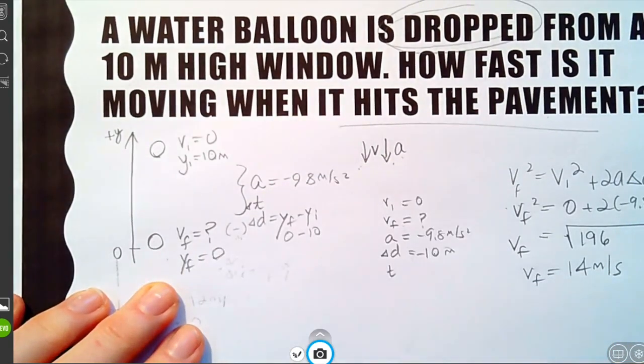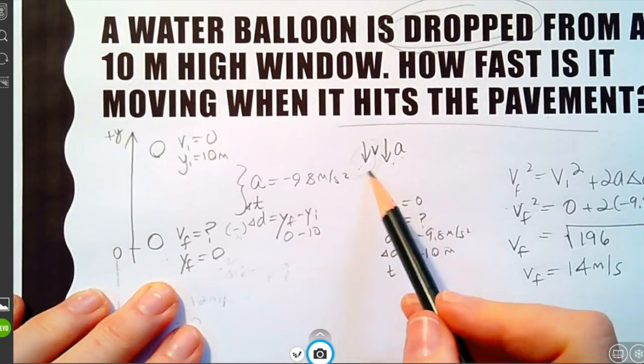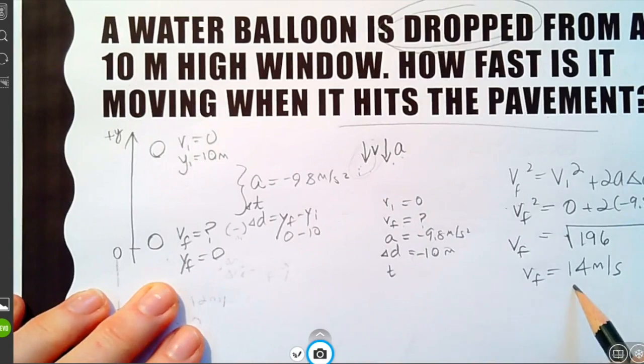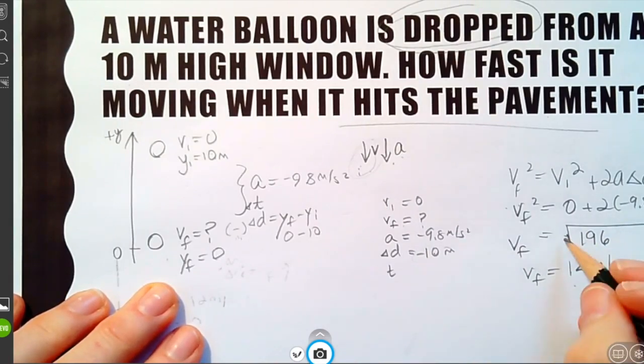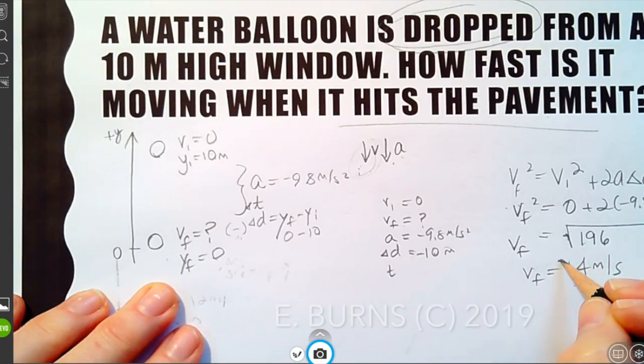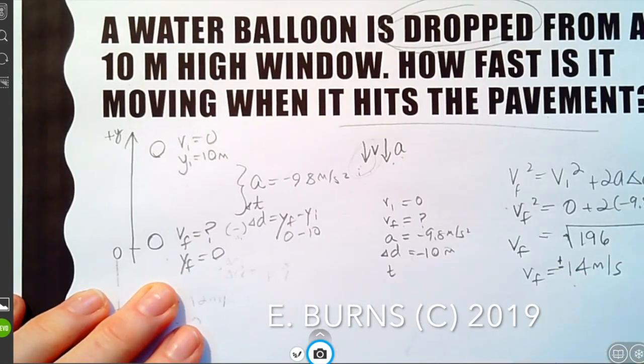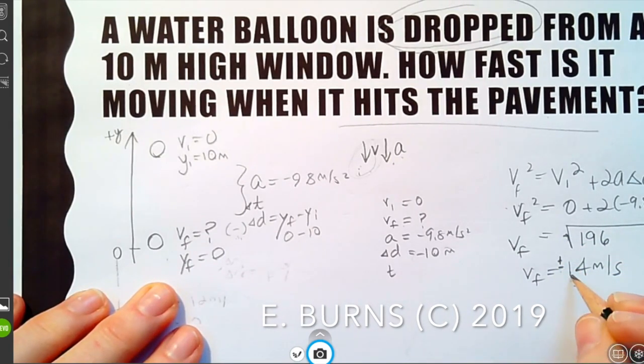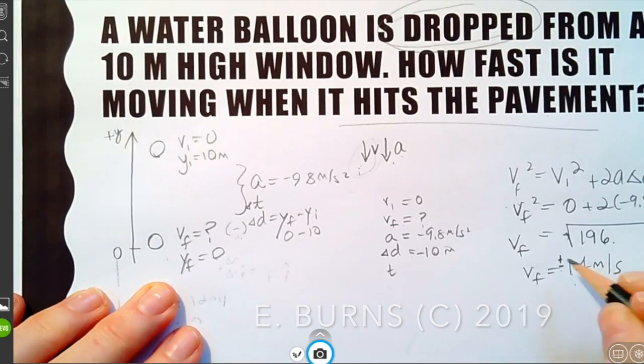Now, if you remember, we said my velocity's got to be negative. How can this be negative when my calculator ends up positive? That's because when you take the square root, the answer can be positive or negative, because negative 14 times negative 14 is 196, and positive 14 times